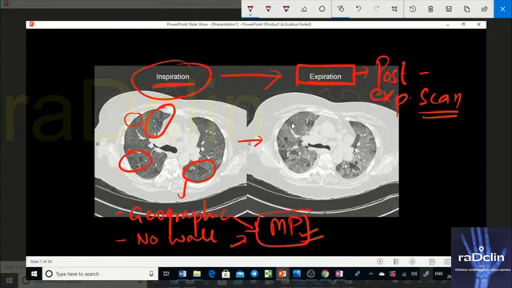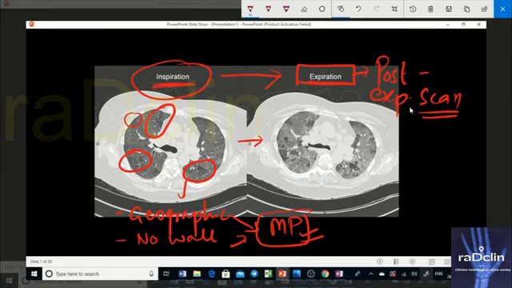And that's what makes them more conspicuous on a post expiratory scan, and that is the utility of the post expiratory scan. When you ask the patient to expire, the contrast increases, because the normal lung exhales the air out and its density increases, so the low density areas become more prominent. That is why we do a post expiratory scan when we suspect mosaic perfusion. So we clearly define where the areas are. Now these are very small areas. There could be large areas as well, and since the areas are small, it is basically due to small airway disease. So this is the importance of the post expiratory scan, and I've compared it with the inspiratory scan.